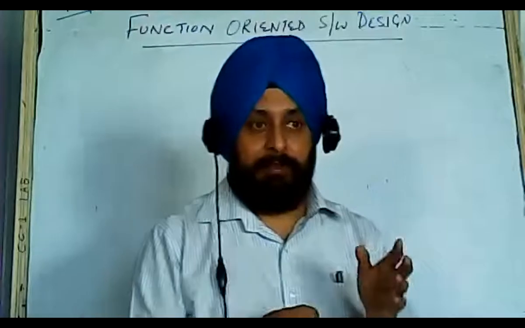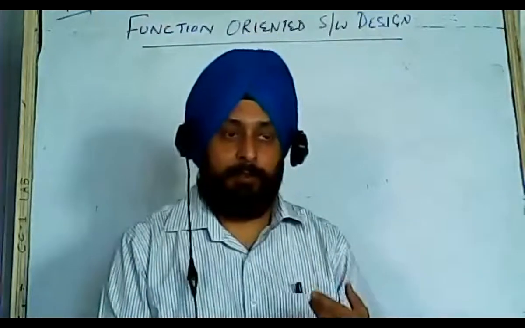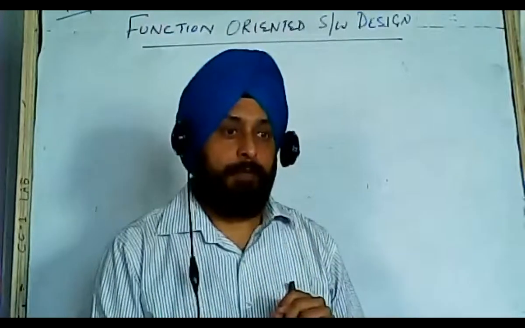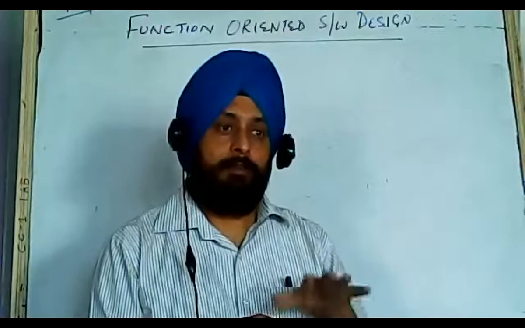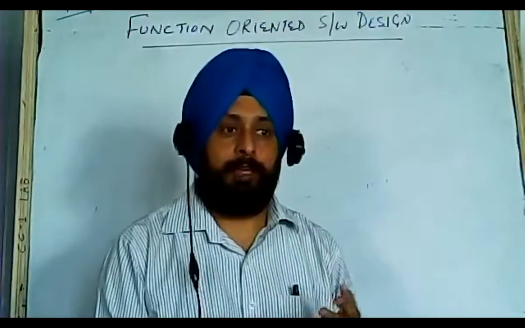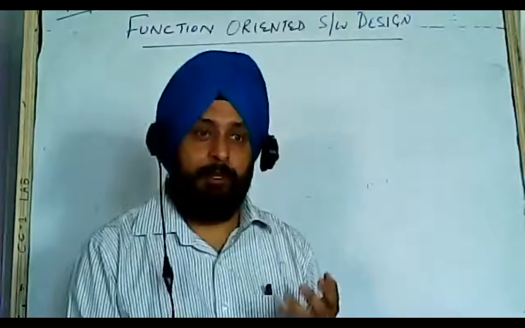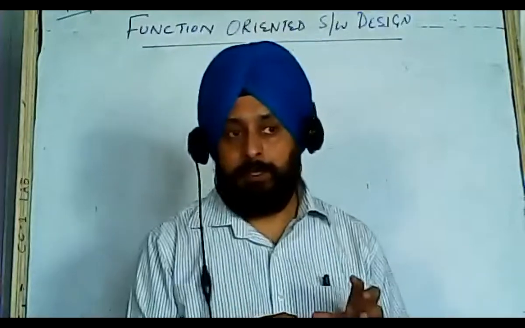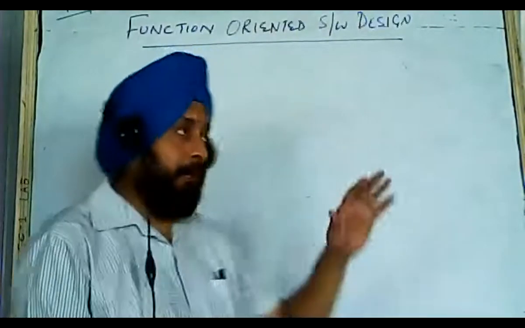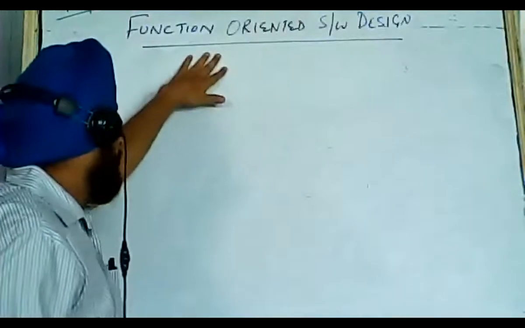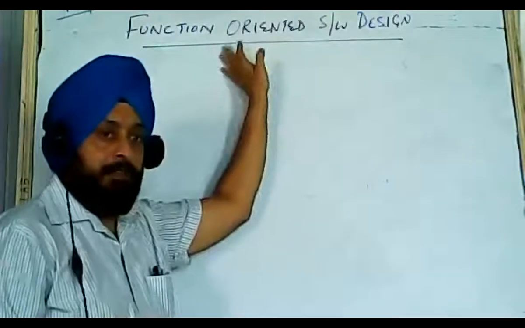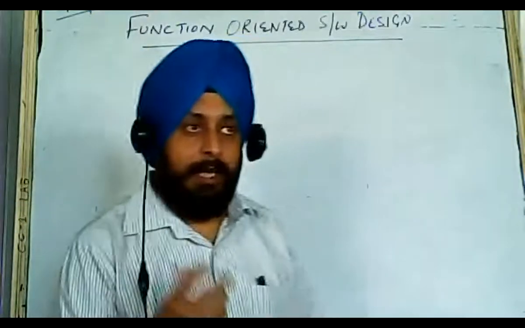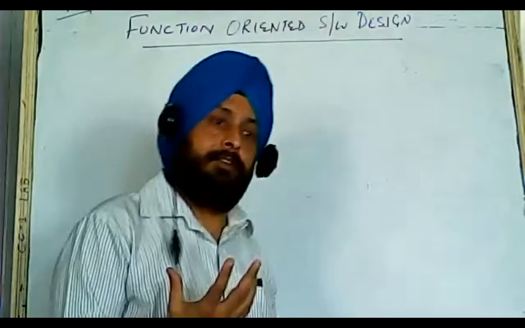But in object-oriented design, the main thing is the same: you have to deal with the SRS document, what you have been asked by the customer to do. But the main pivot point of designing is the object. We take into account the objects for which we are designing: who will be using, and what different types of objects will be using your product. But in the function-oriented approach, the main pivot point is the function. So in this lecture, we will go in depth into function-oriented software design. Clear?